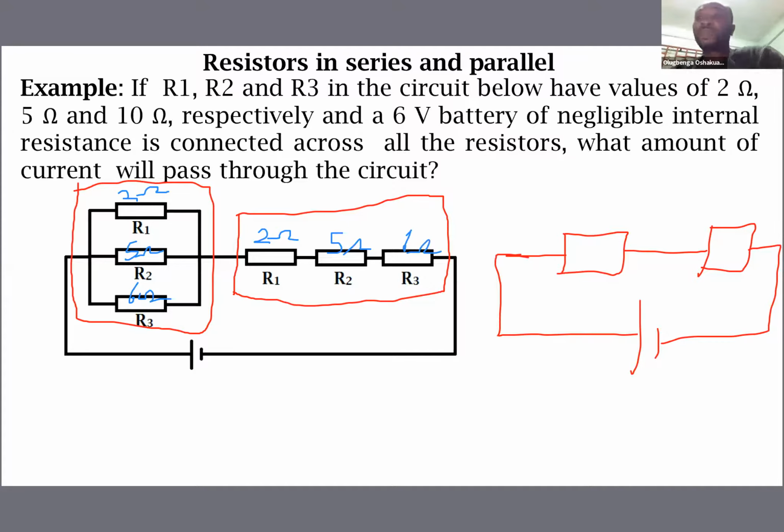We will say this should be replaced with a single resistor of this nature, while this set of 3 will be replaced by another single resistor. Because when you look at this group, this whole group is in series with this whole group. And that means that we can just replace them in this way. So here we can say that